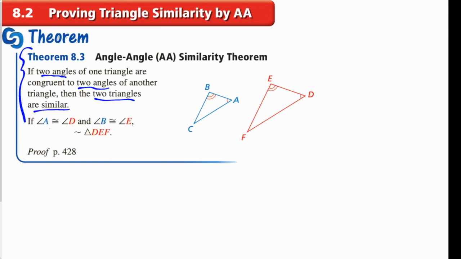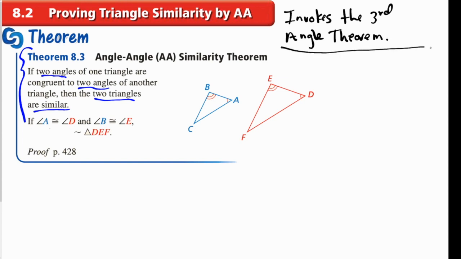The reason the AA Similarity Theorem works is because it invokes the Third Angle Theorem. Recall the Third Angle Theorem for triangles states that if two angles of one triangle are congruent to two angles of a second triangle, then we can conclude that the third angles are congruent because all triangles have 180 degrees. So now that we know that we have two triangles with three congruent angles,